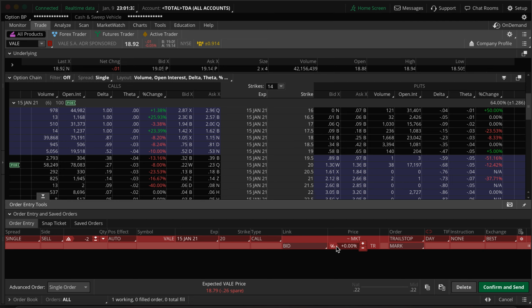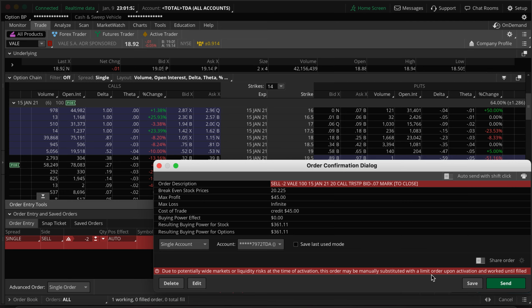So if you want it to be whatever percent wise, a 20% loss, you can set it at 20%, or you can do dollar here, and you can change your stop. So say we put it at 7 cents. Then if you did confirm this, it's going to tell you here that you have to sell 2 contracts at a trail stop of 7 cents minus the mark price to close it. So it's telling you the max profit would be $45,